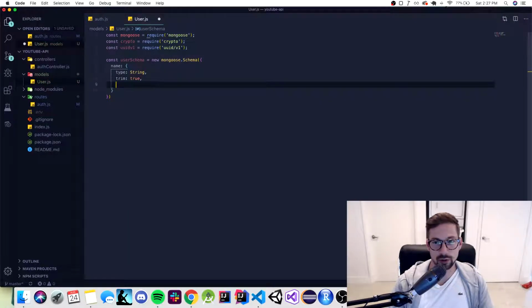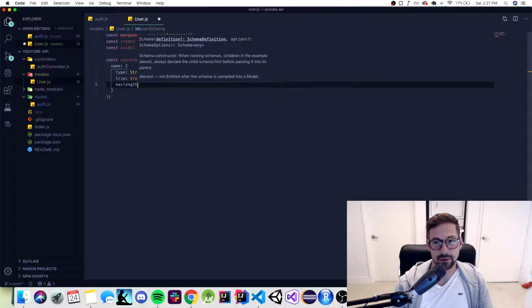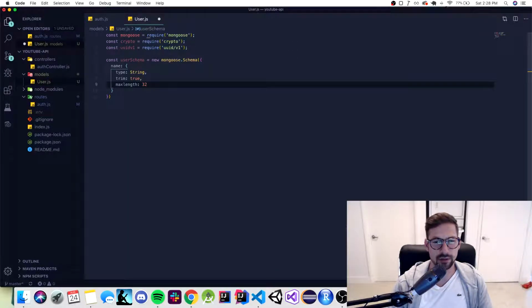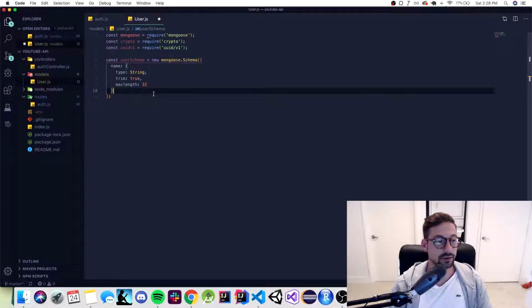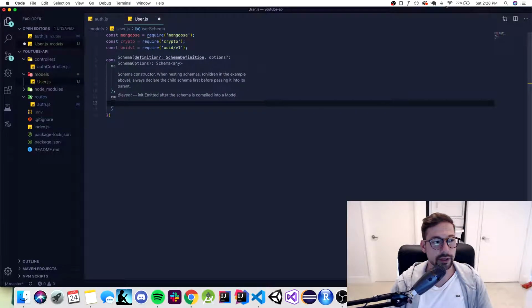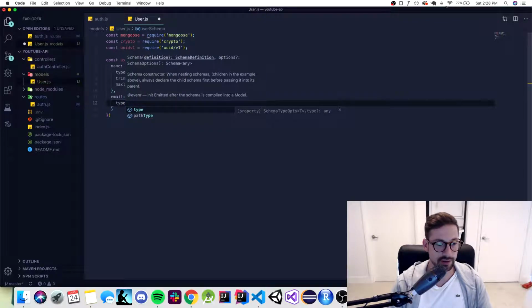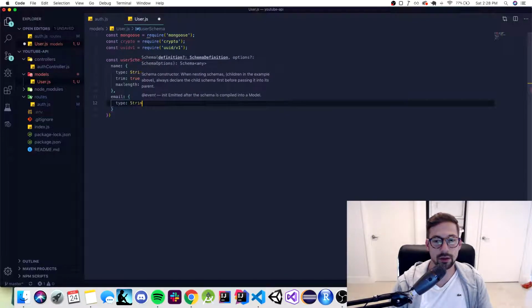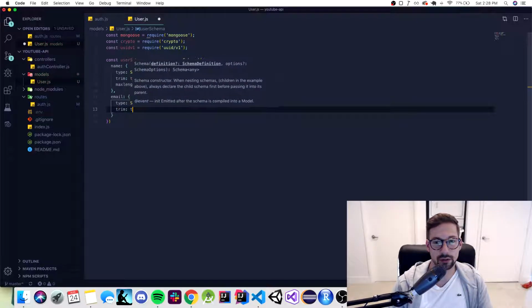We're going to do trim true. I'm going to be honest with you guys, I don't know exactly what the trim does, but you guys go ahead and Google it. I believe that you can also not include it, but I'm just going to include it since the project had it. I forgot about it, I'll Google it later. What is important though is the max length. So this is the amount of characters that our name can have. And the type is obviously going to be a string, so those are the most important things. I could Google it right now, but I really don't want to waste time because this is going to take some time. So email, string, trim true